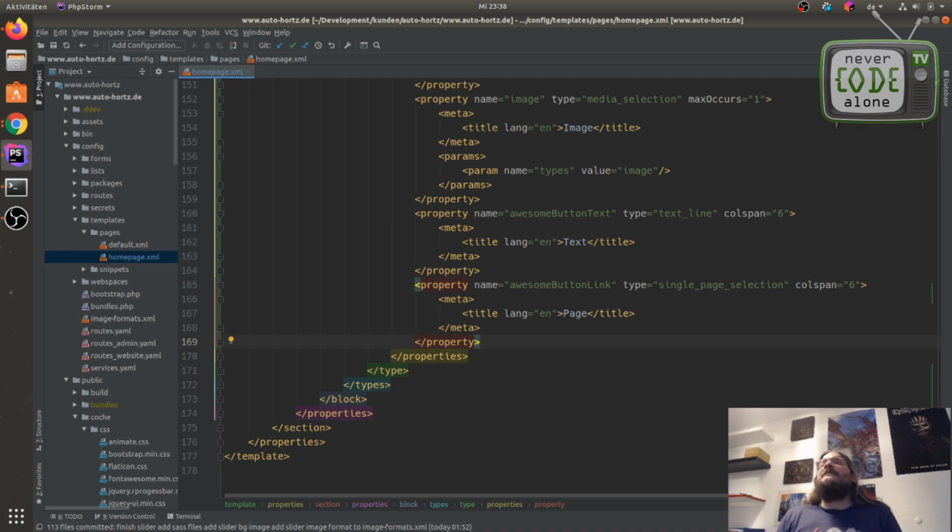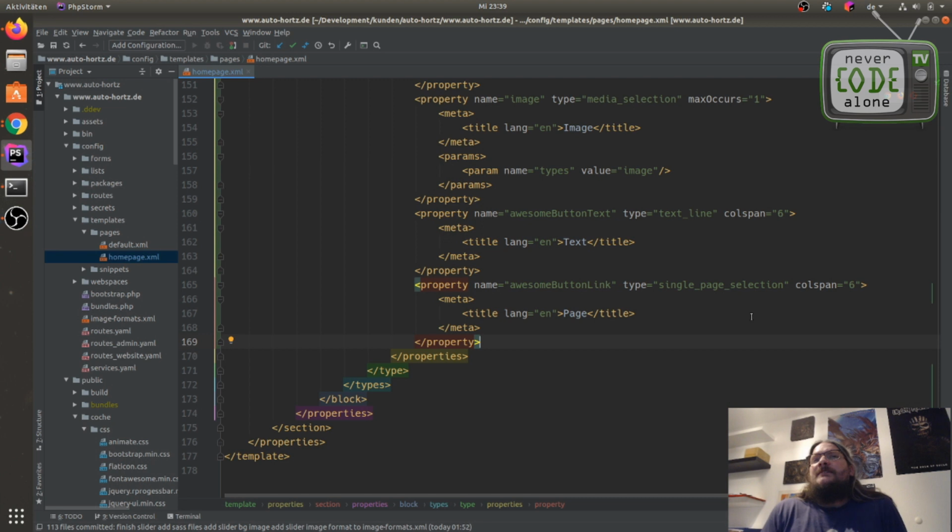Enter, and now I have these two properties, and I need this very often. You can imagine that you have a slider, and the slider every time has a button and a target. Every time when I add a slider, I just can say, give me link and text to URL. And this is so powerful.